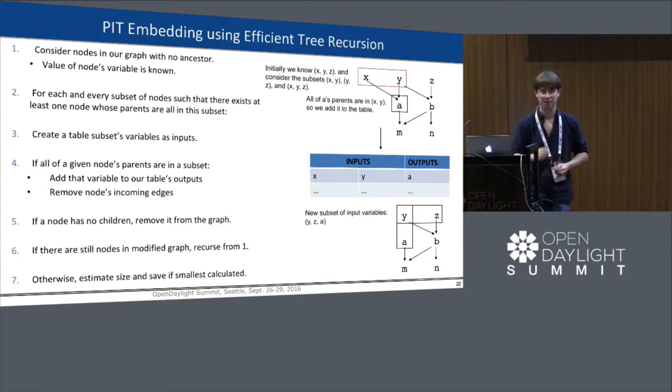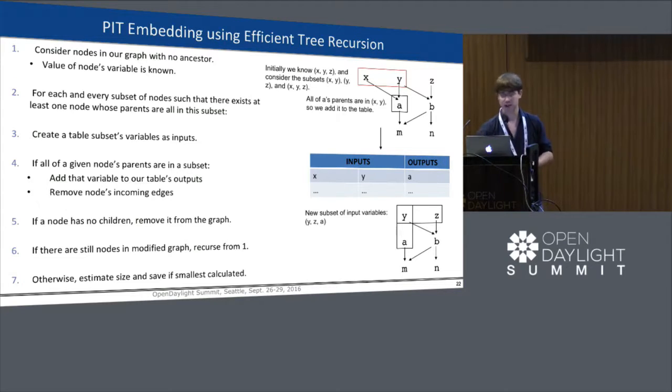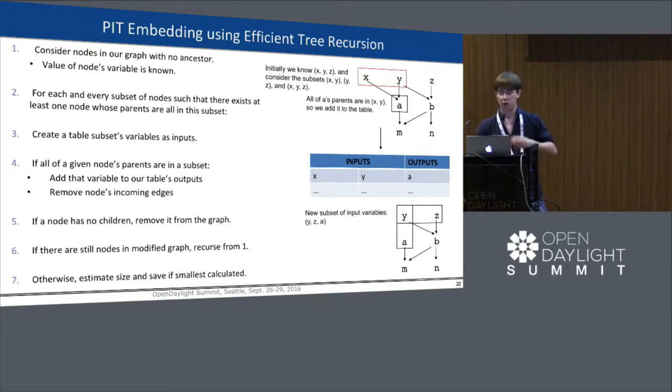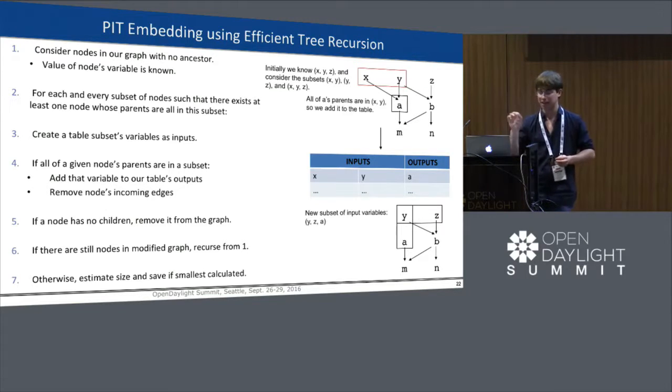Notably, we do not consider subsets such as y, because y on its own cannot generate any single variable. We are now going to recurse on each of these subsets. We create a table which involves the subset's variables as an input. And if any of a given node's parents are in a subset, we add that variable to that table, and